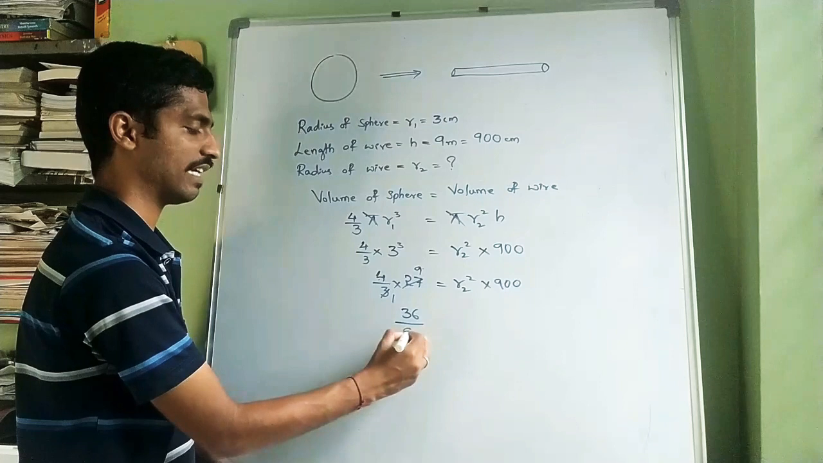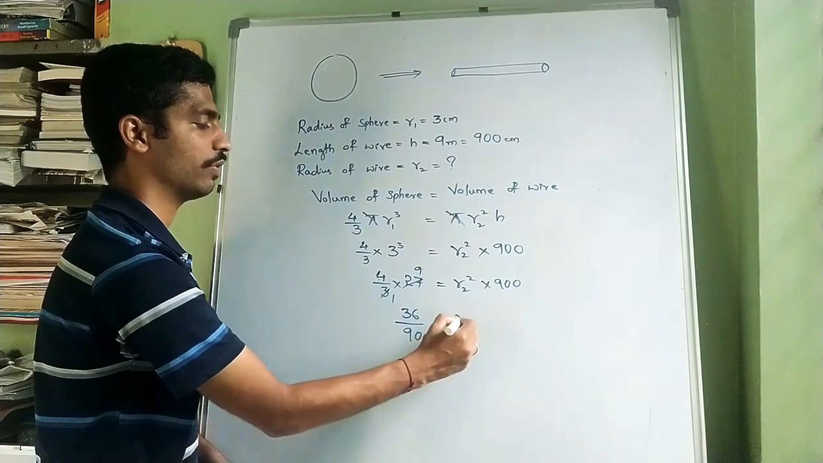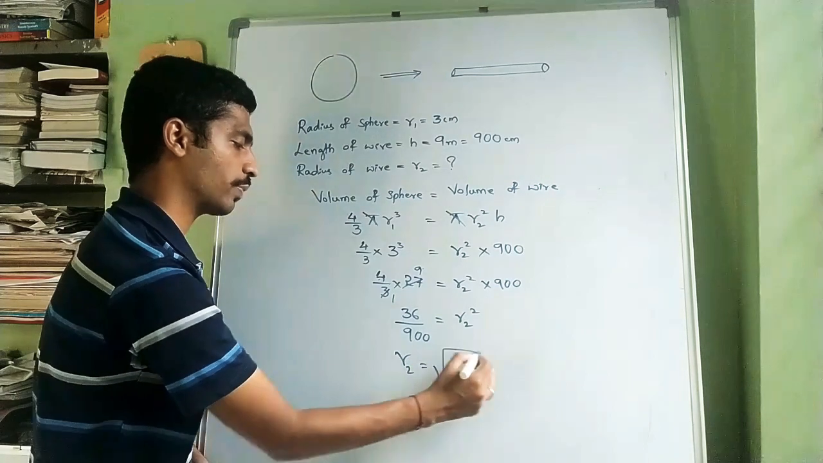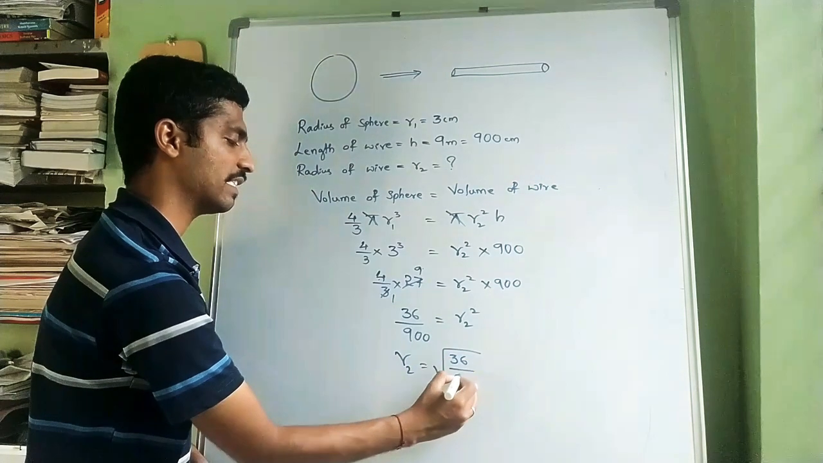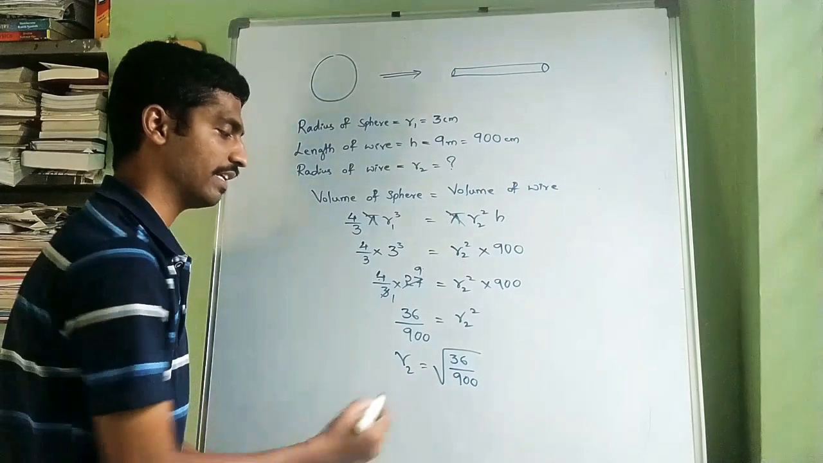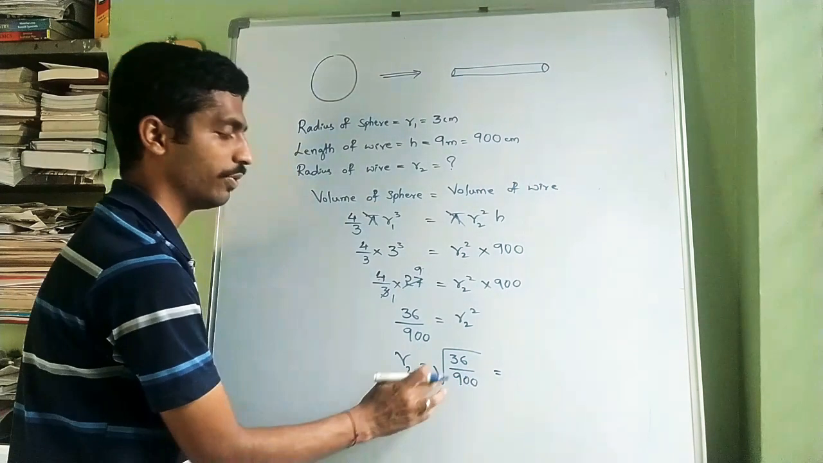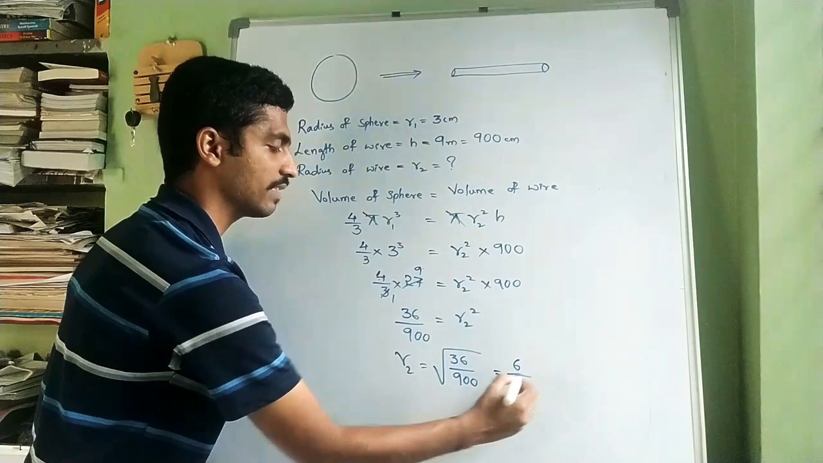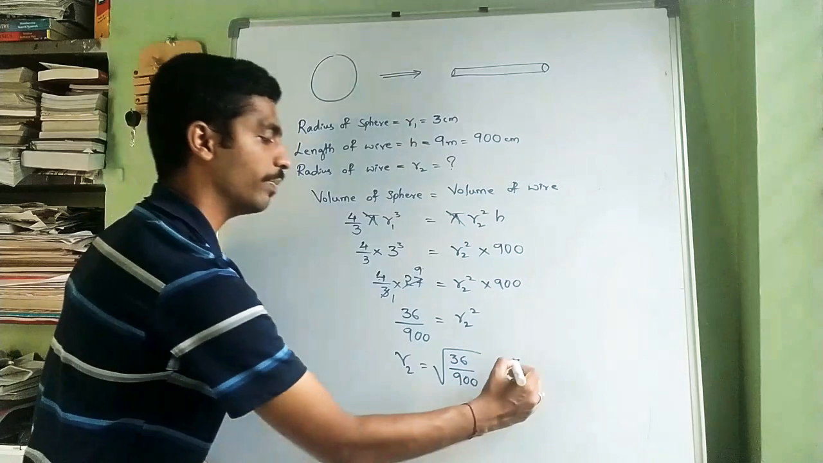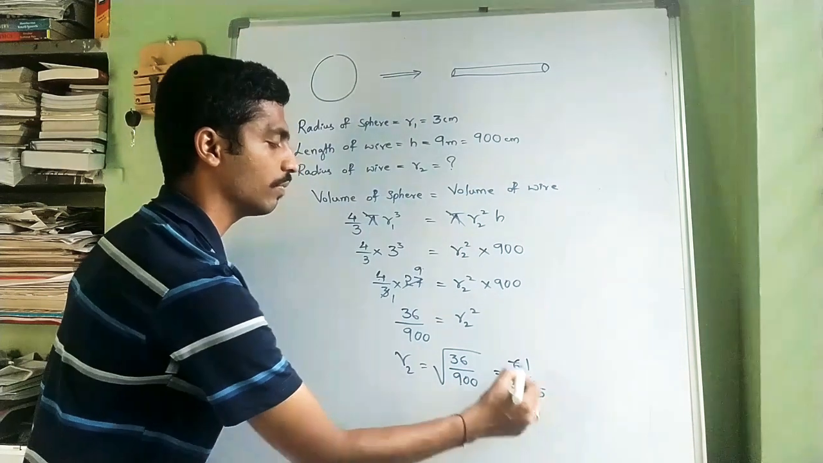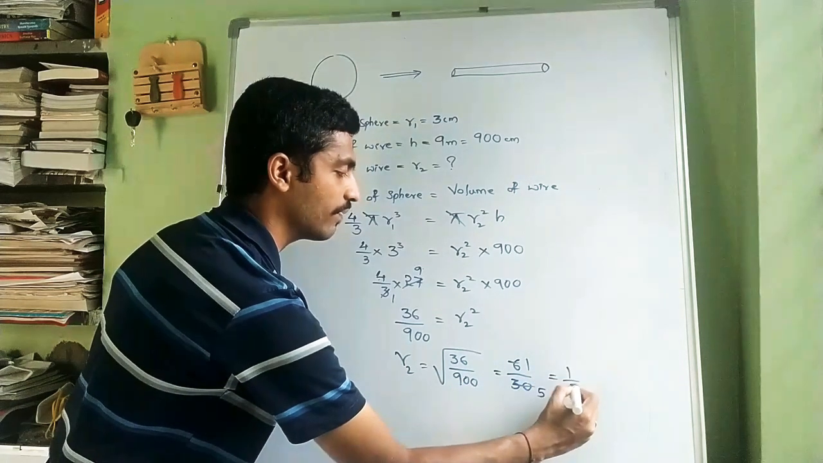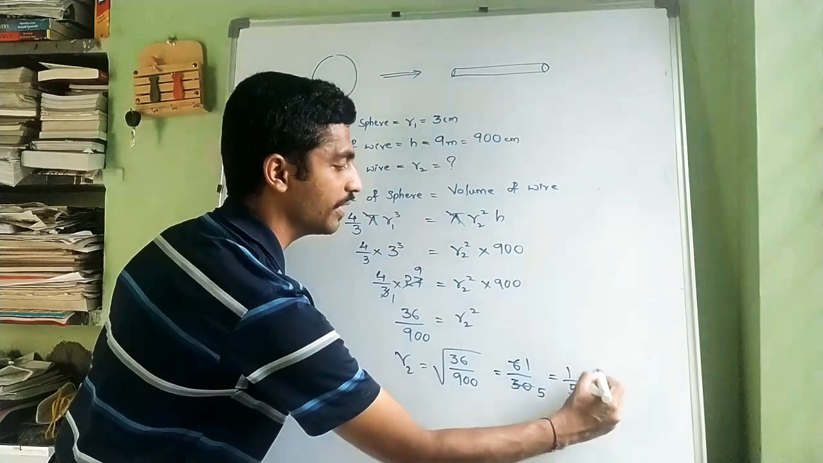Take that 900 this side, so it becomes divisible, equal to r2 square. So r2 equal to square root of 36 divided by 900. So what is the square root of 36? That is 6. What is the square root of 900? That is 30. So it will be 1 by 5. So here we got 1 by 5, or else you can convert it into decimal, that is